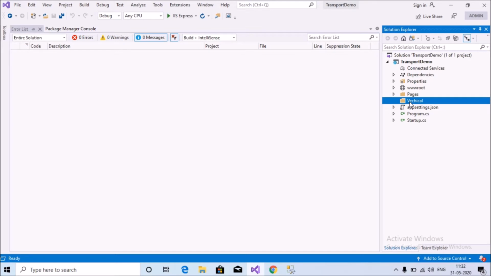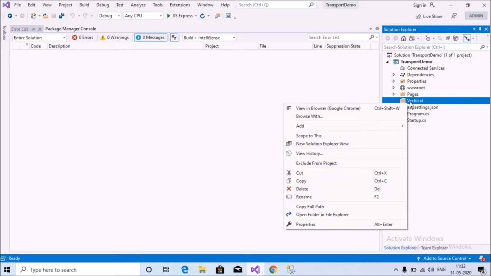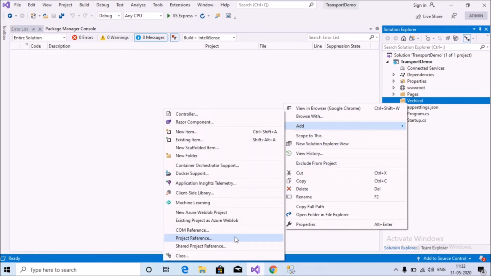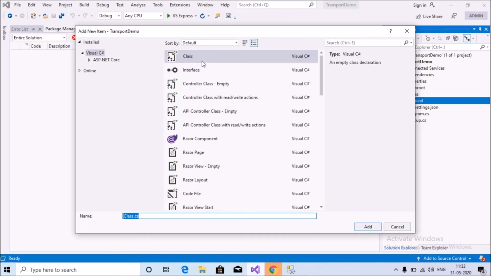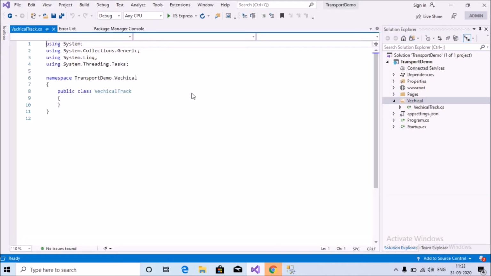Add a model class in this folder, like that. This is a model class, and in this class select class and just put the class name like that, VehicleTrack.cs, and you can see VehicleTrack is a class.